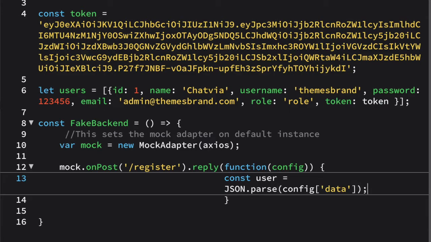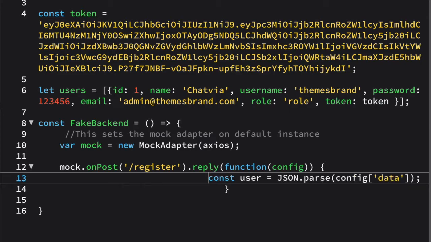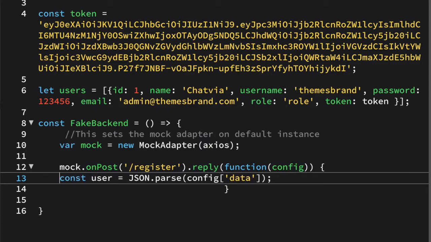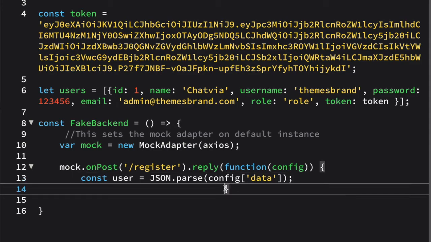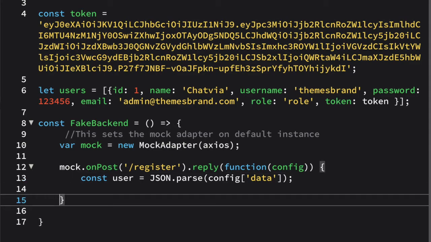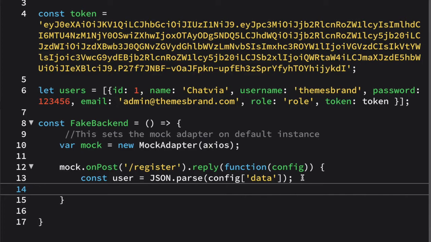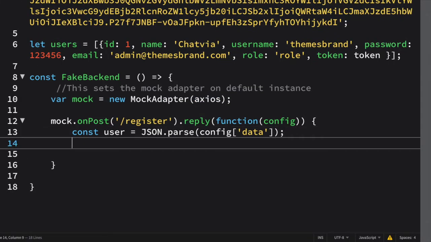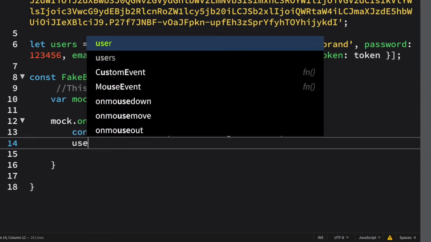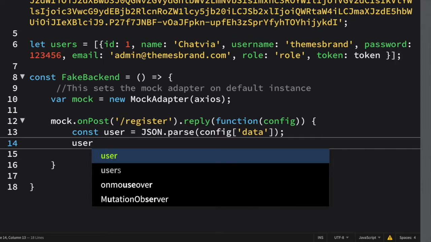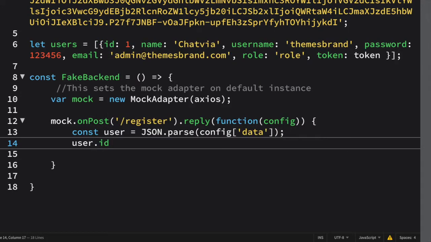So end this statement here, and let me make it more clear. So here I have written it just like this. And after this let me also put it here for you. Inside this, next what we have to do, you have to get this user's ID. So here I'm writing user.id equals user.id, the ID which I have defined here, 1.